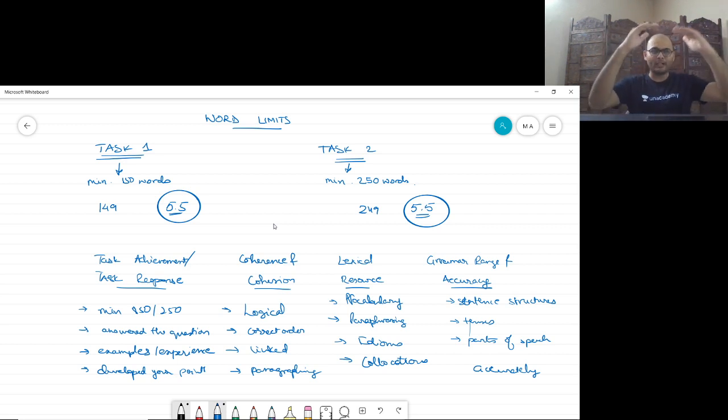Even within the main body, how you've written your main body is in the correct order. Everything is linked. It's not that ideas are flowing here and there. Everything that you've written has been written to support the main points, not just random stuff out of nowhere. Paragraphing is up to the mark. You've developed your points. You've given your examples, you've given your experiences, you've answered the question at hand, you covered all the points, but